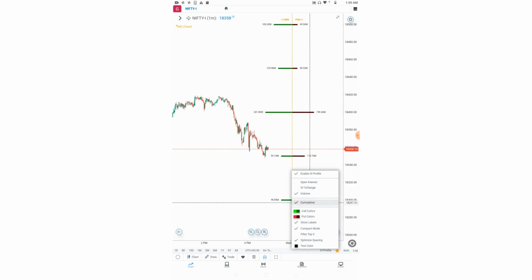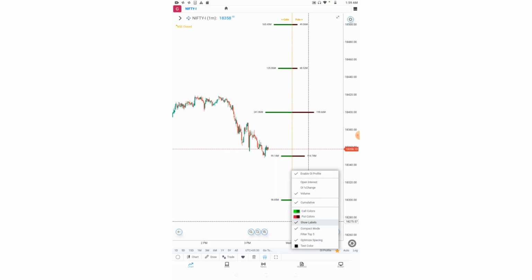Friends, we know that we have weekly expiry as well as monthly expiry. So the cumulative option will add all the weekly expiries as well as the monthly expiry. Now we can change the call colors and put colors. If we tick on show levels, the numerical data according to these OI profiles will come.